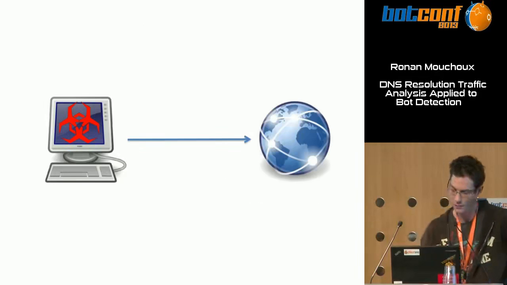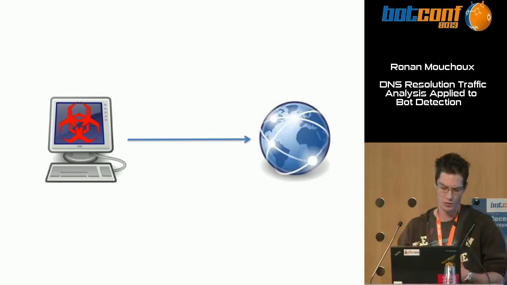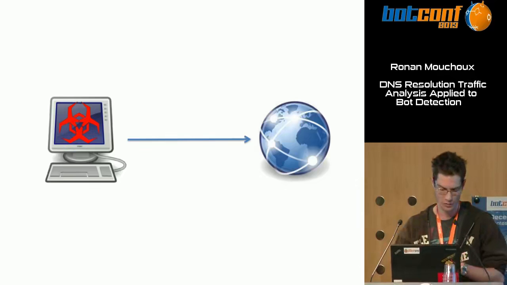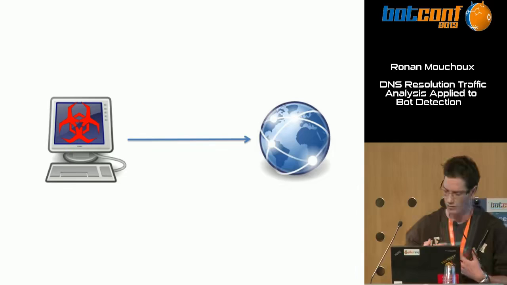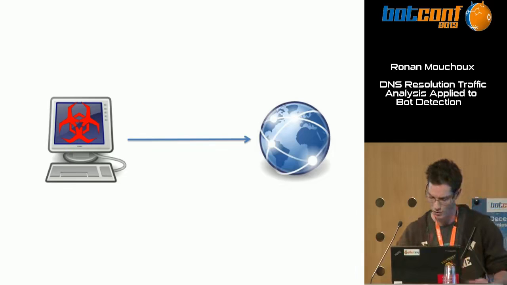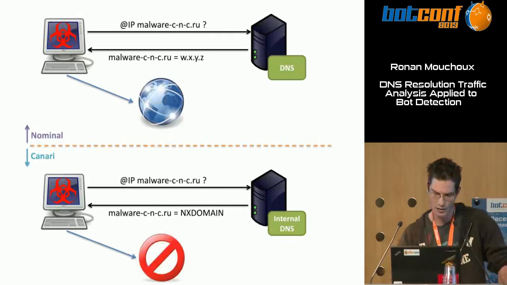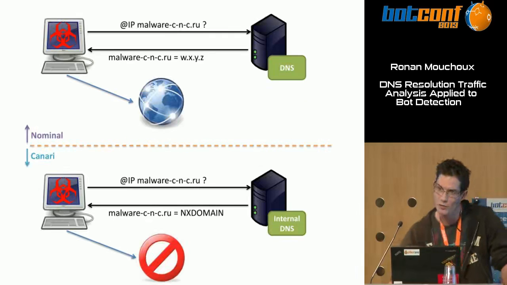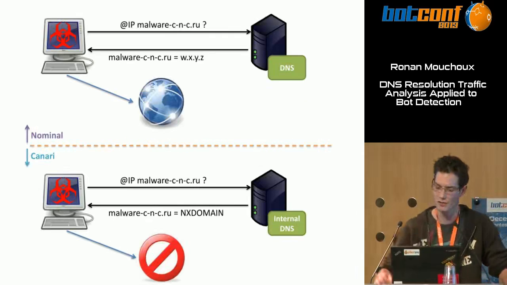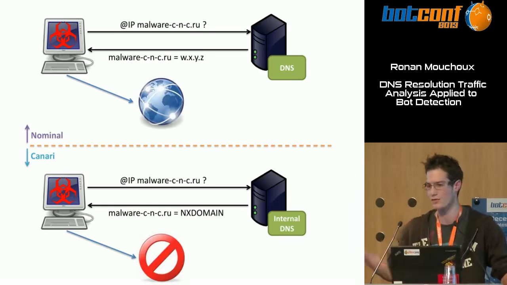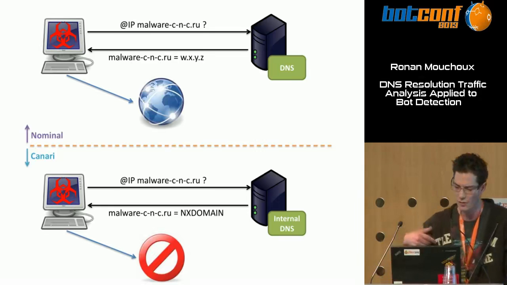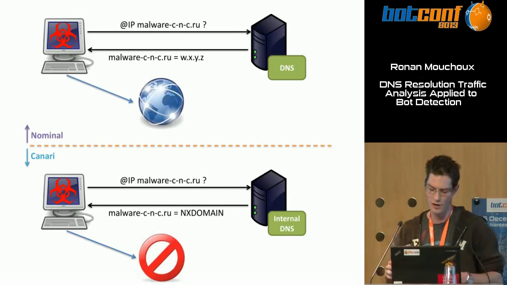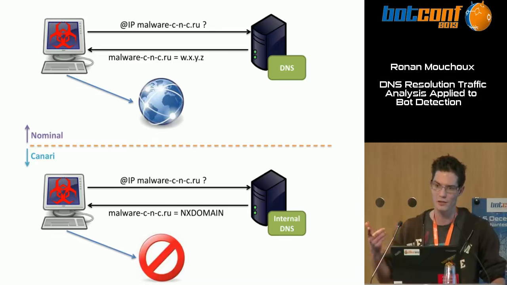So basically, when an infected computer wants to reach its bot controller through HTTP, it goes through a domain name, and when a machine wants to contact a domain name, it doesn't contact the domain name directly. It asks the DNS server for an IP address. But in the company's network, there was an internal DNS zone, so the DNS returned NXDOMAIN, so we don't